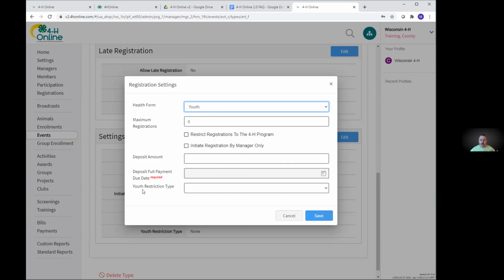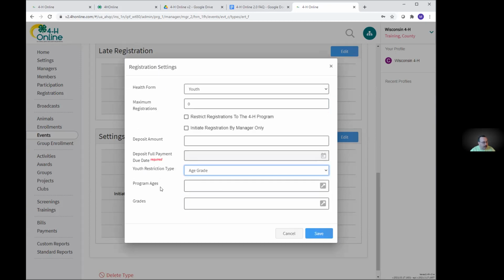Now, this is club member, it's 3 through 13, but really I only want 7th and up to attend. So what we'll change here is the youth restriction type, and we can do age grade or program youth division. Age grade, when you select that, you suddenly get these 2 boxes too.